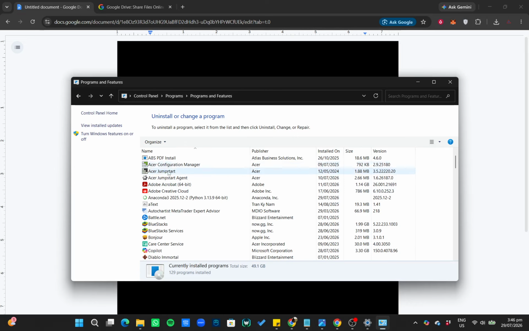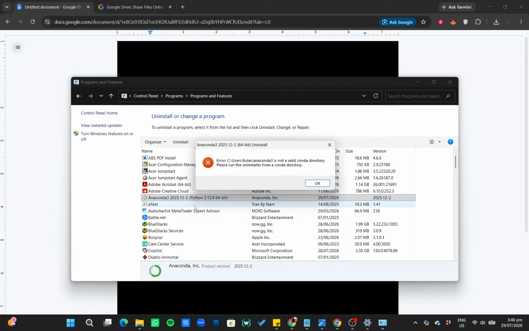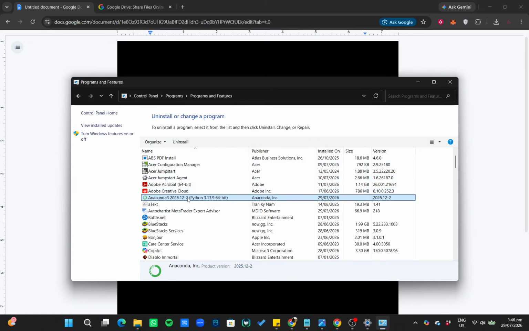You can sort by name or installed on by clicking the column headers, which helps when the list is very long. Scroll until you see the exact title that matches the program you no longer need, and take a moment to verify the publisher line if several titles look similar. Right-click it, then select Uninstall, or Uninstall and Change if that is what appears. Windows will immediately open that program's own uninstaller dialog, often dimming the background window slightly. The entry you chose stays highlighted in the list so you can confirm you clicked the right one.